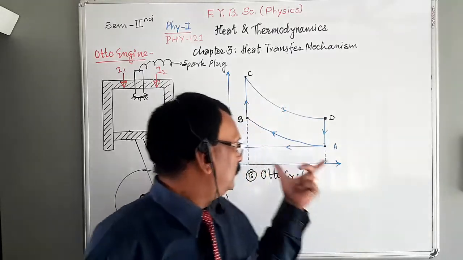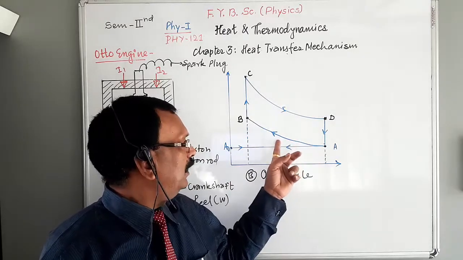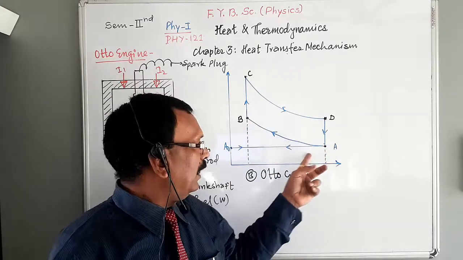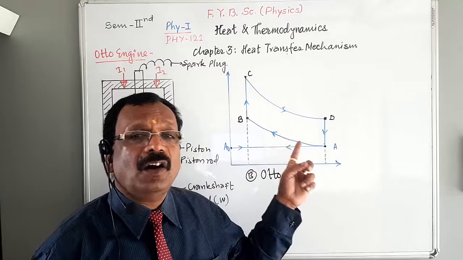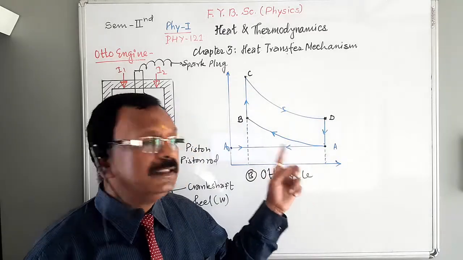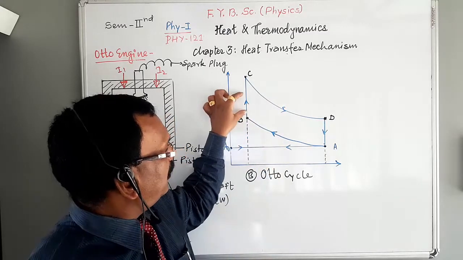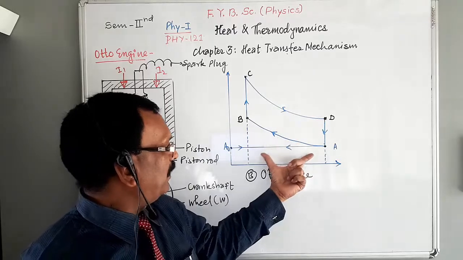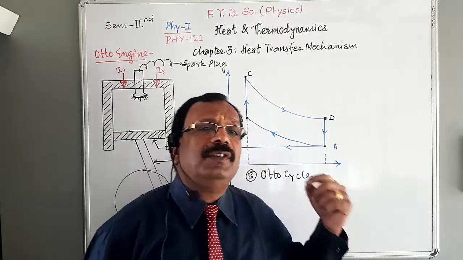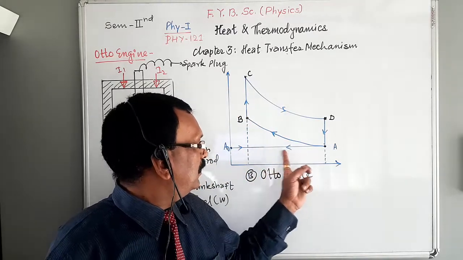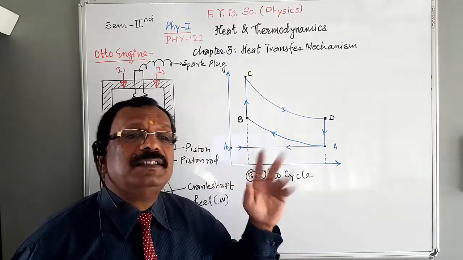The Otto cycle consists of 4 strokes, that is charging stroke, then compression stroke, then working stroke and then exhaust stroke. However, one cycle of operations involves 6 operations, that is operation number 1, 2, 3, 4, 5 and 6. We also studied about the charging stroke, that is operation first. This one, A0A, is operation first and this represents the charging stroke.